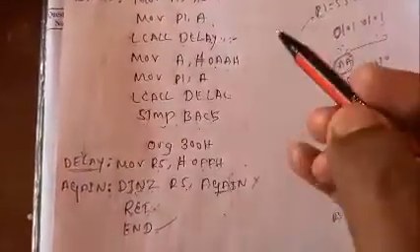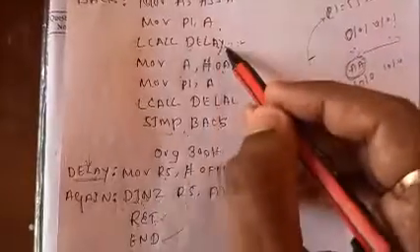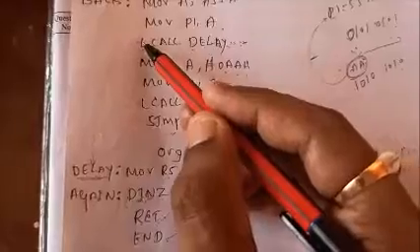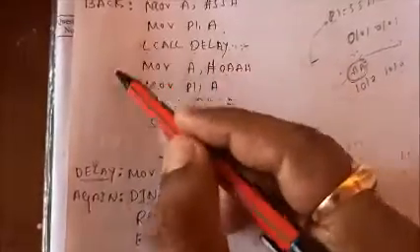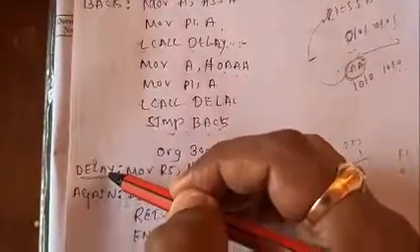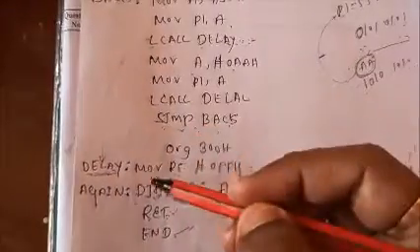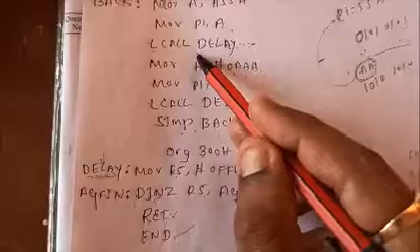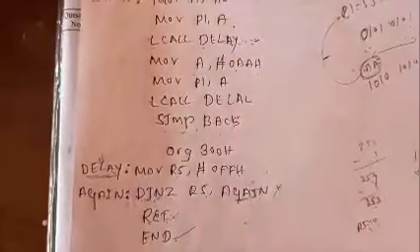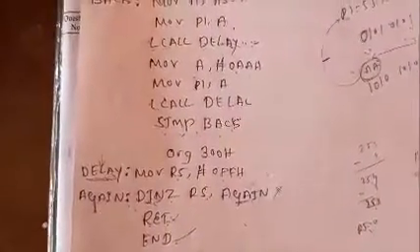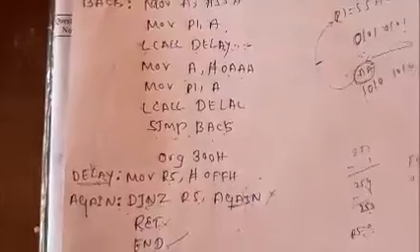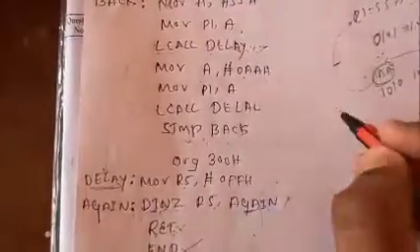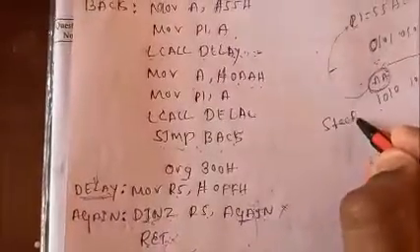But here the main concept is whenever the LCALL delay occurs, is it clear? At that time the program will pause here and go to execute here. But the second thing is, whenever the program has to come back here to the main program, the question will be: where exactly do I need to start the execution again? That is the main question. So how it works internally is by using the stack concept.